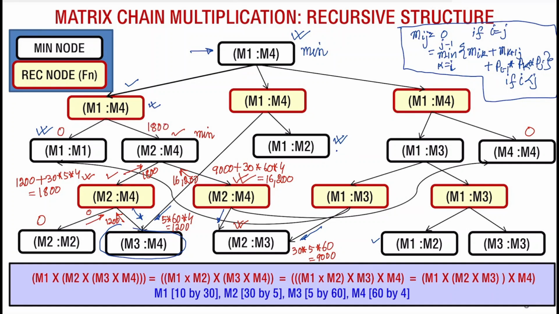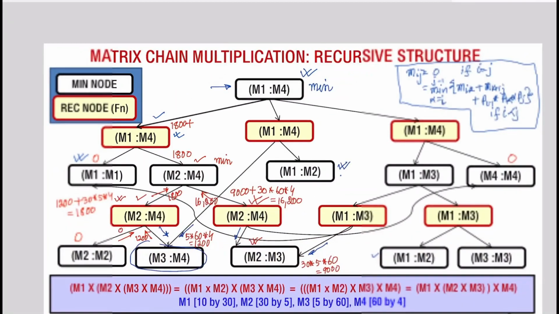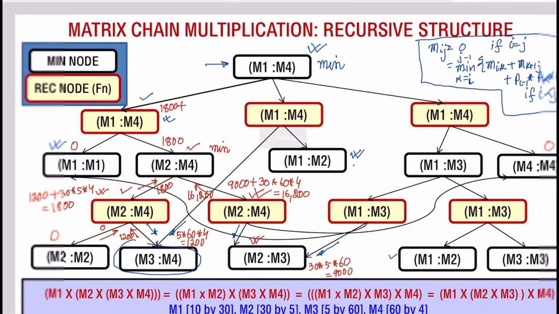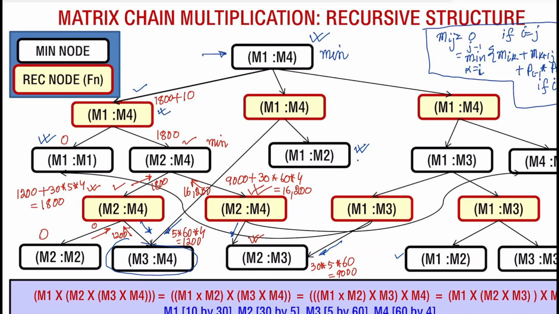Now once this side is 1800, then this computation is 0 plus 1800 plus M11 into M24, which will basically be a multiplication of 10 into 60 into 4, which will yield 4200, and from this side